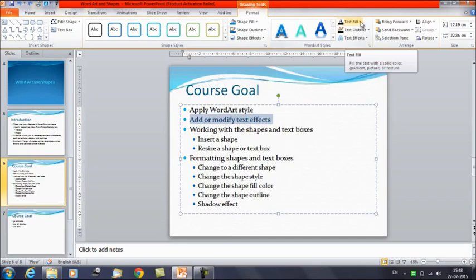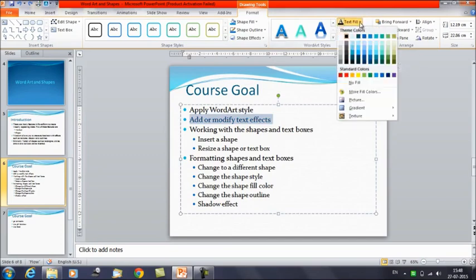Similarly, if you talk about the text fill, there are multiple options, different colors it's showing you here, so you can select any color that you want your text to appear. Fill more color, you can go for many options.